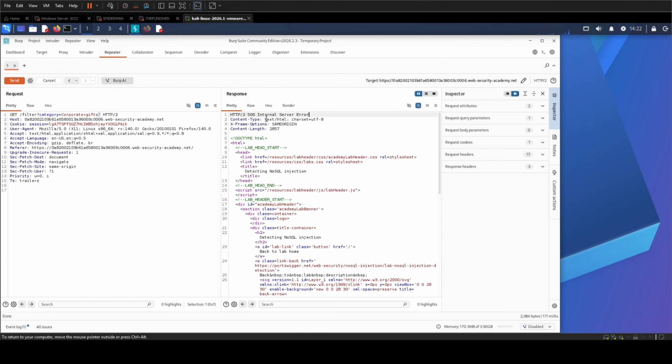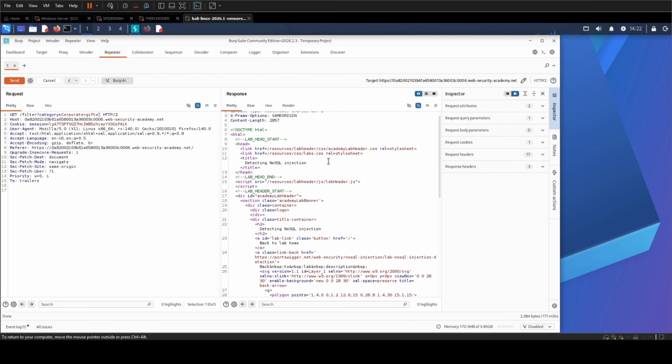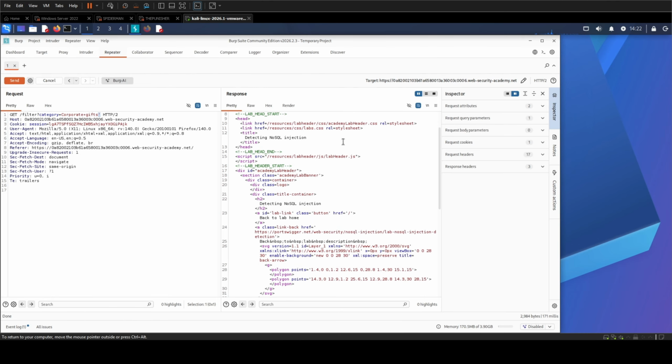Look at what it actually is. It's a 500, an internal server error, and it's specifically a JavaScript error. And that confirms exactly what I just sketched. The database is chewing on a JavaScript expression. My quote broke the string halfway through, and JavaScript threw its hands up. So our input isn't being treated as plain text, it's being run as code. That's the vulnerability waving at us.